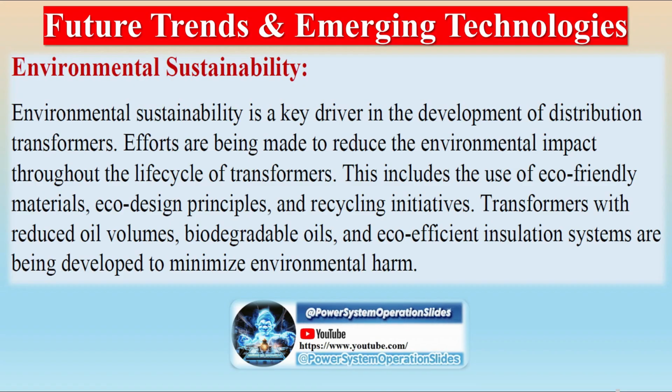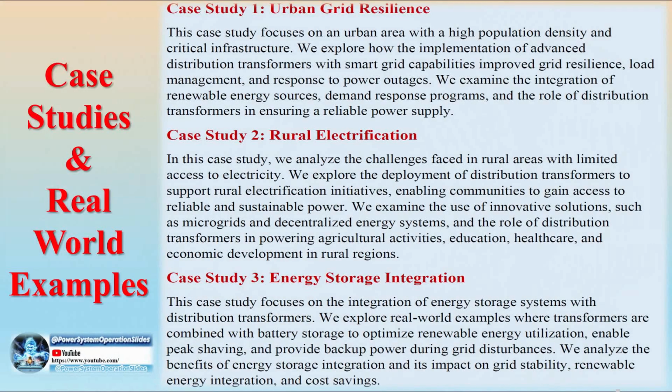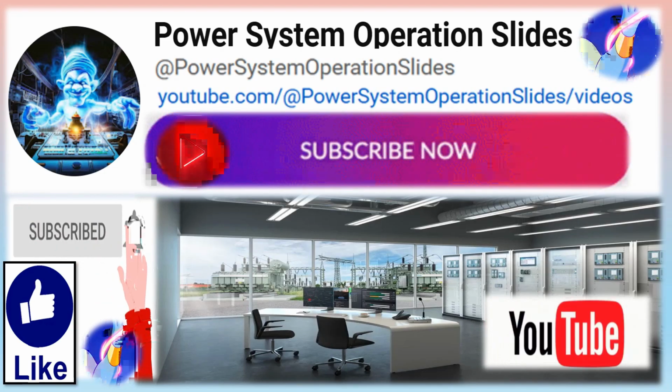Transformers are designed to provide voltage regulation within specific tolerances to meet regulatory standards and ensure consistent power quality. Voltage control methods may include on-load tap changers (OLTC) or off-circuit tap changers (OCTC), which allow for adjustments in the turns ratio and hence the output voltage. These tap changers enable fine-tuning of the output voltage to compensate